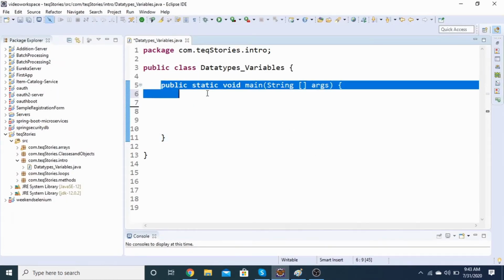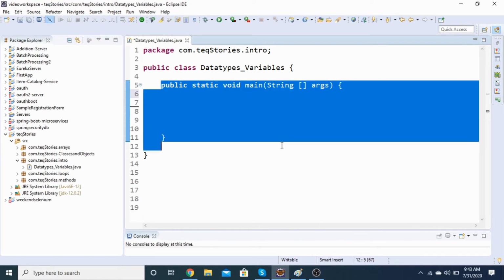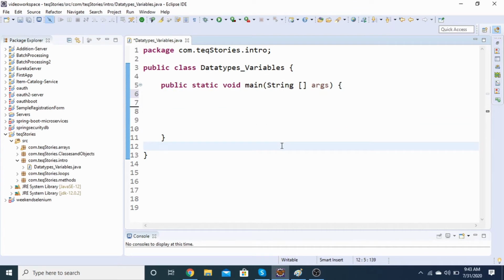The first block, once you go into the coding part, is your main, and whatever code you have to execute should be kept inside the main block. Otherwise, that is not going to work. There are many things about this main block which we will be covering in later chapters, but not right away. For now, just understand that this is very important, and if I have to execute anything, it should be within the main block.